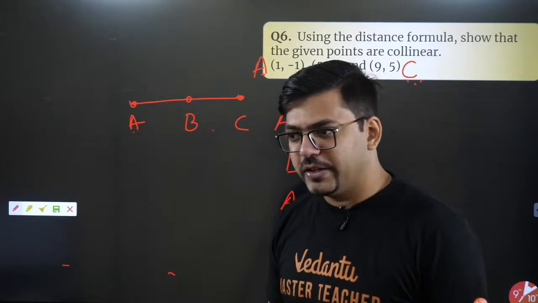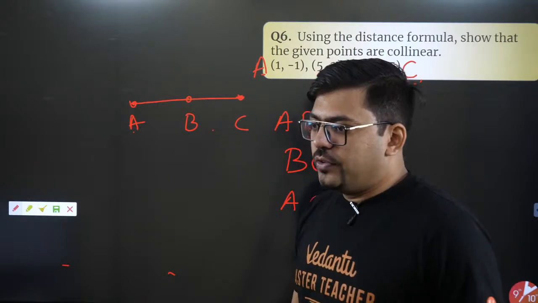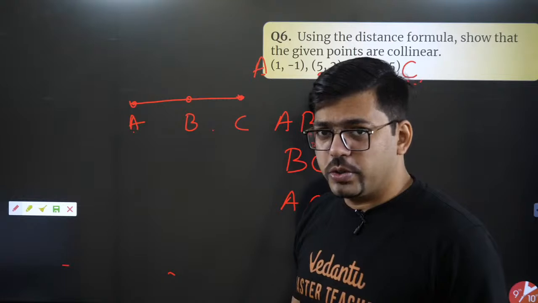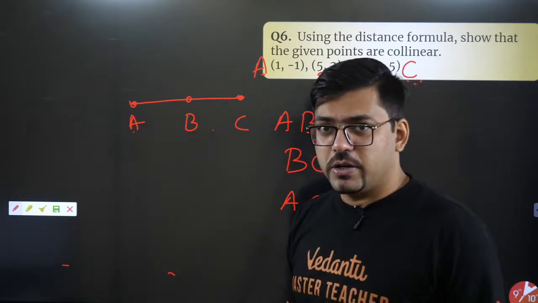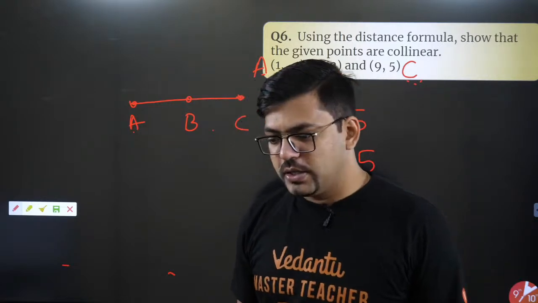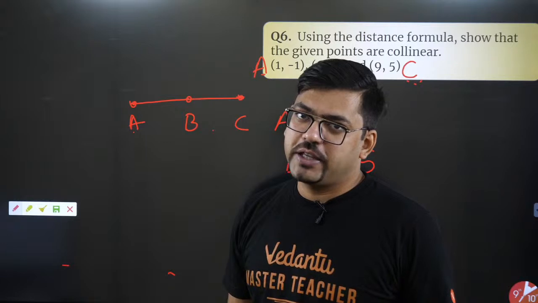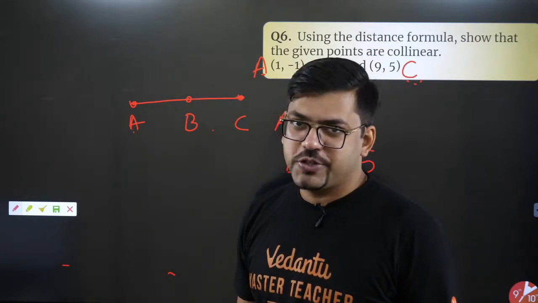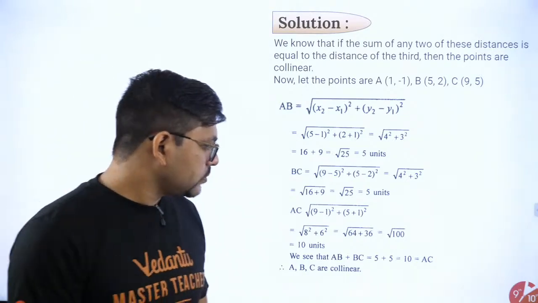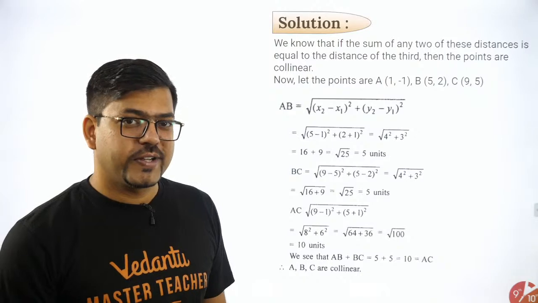Yeah, correct? Chalo. Can we find the area of the triangle? Can we find it by the area of triangle formula? Srishti, we can, but this year the area of triangle formula has been removed from the syllabus. So I would not recommend going by that, because then it depends on the mercy of the examiner whether he will give you marks or not. Here's the solution: AB plus BC equals AC, 5 plus 5 equals 10.